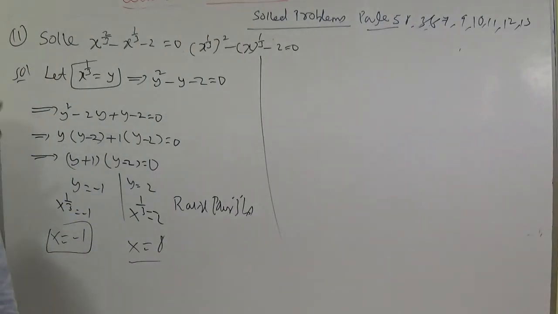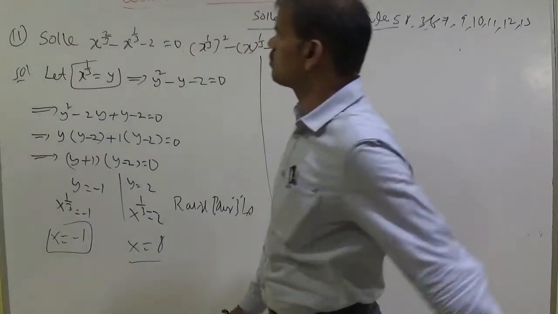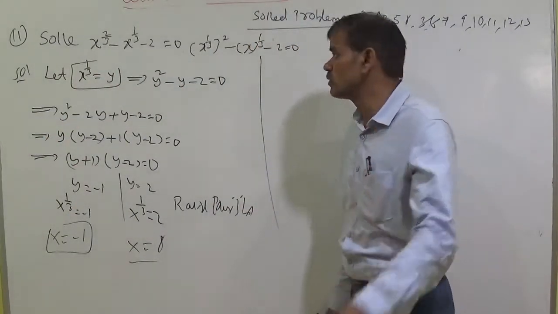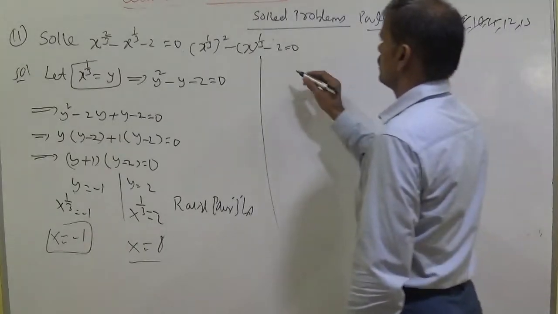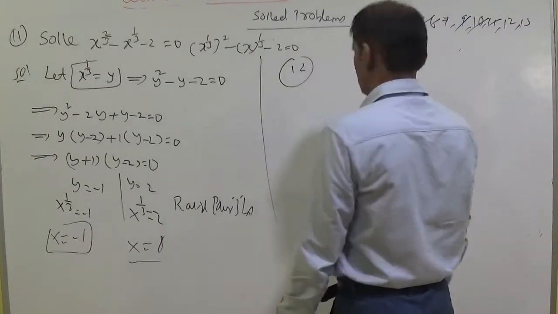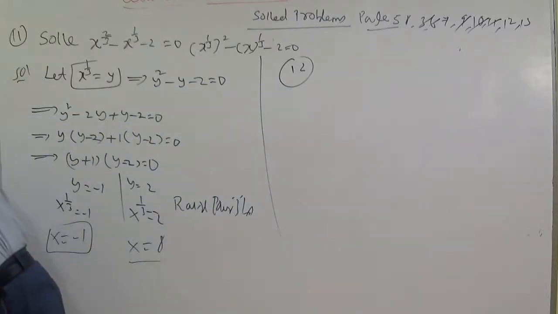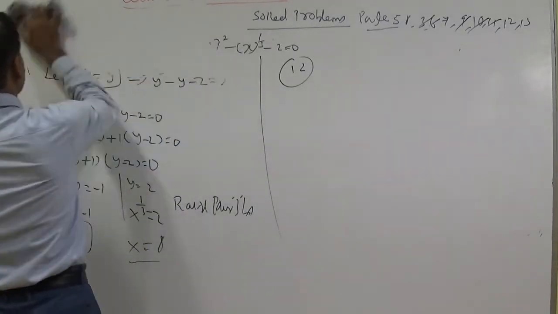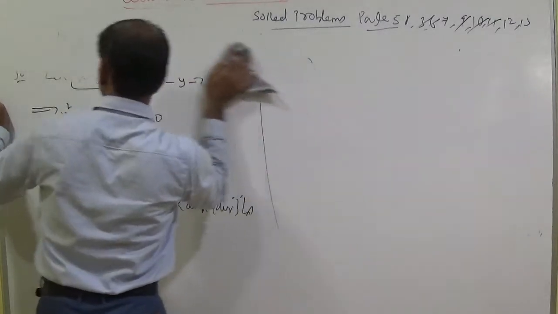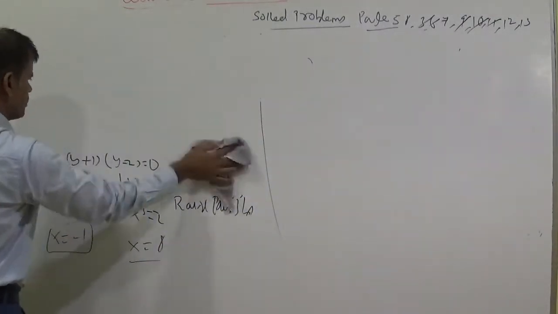Here we took x power 1 by 3. The given answer is minus 8 comma 1 for x power 1 by 3. Students, in the question it is x power 1 by 3 plus, but I said minus, so you better do it as homework using that plus. Questions 9, 10, 11 completed. Now 12th question. The 12th question is important, students. In competitive exams also it is important, in objective MSET also it is important.